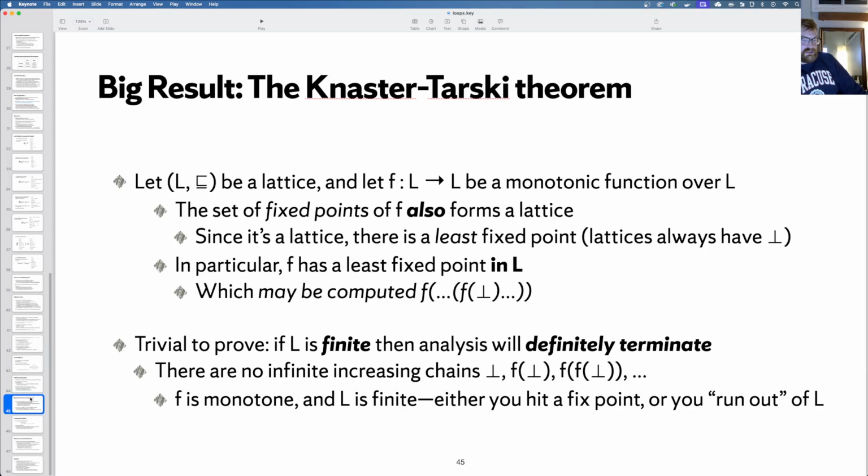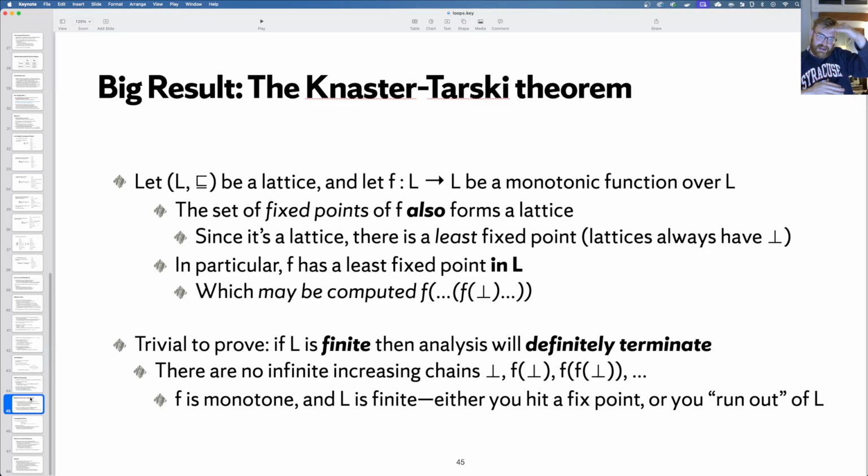But one thing that is a trivial consequence of the theorem is that if the lattice L is finite, well, then the analysis definitely terminates. And here's why. If you think about applying F on bottom and apply it as many times as you could, well, because the lattice is finite and because the function F is monotonic, you're only ever going up the lattice.